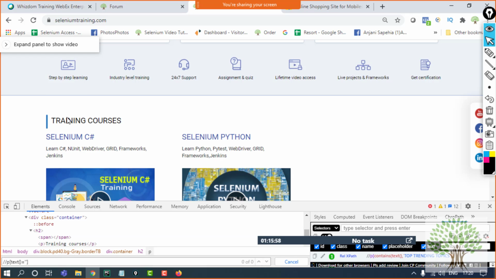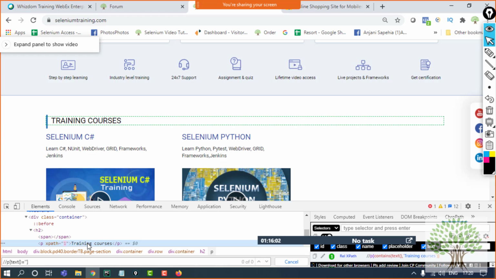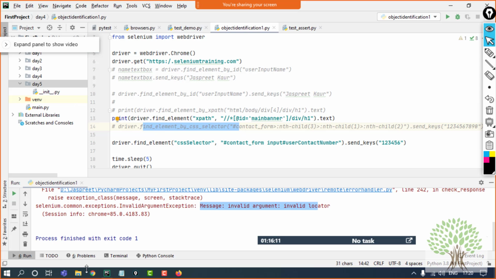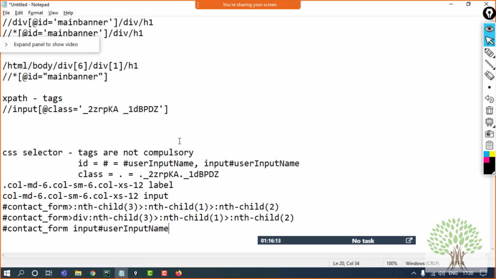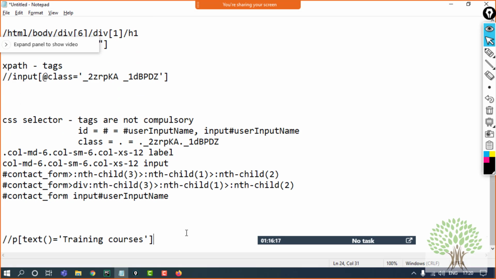Like I want to look for this, let's say, training courses. This is a different type of XPath that you can make.